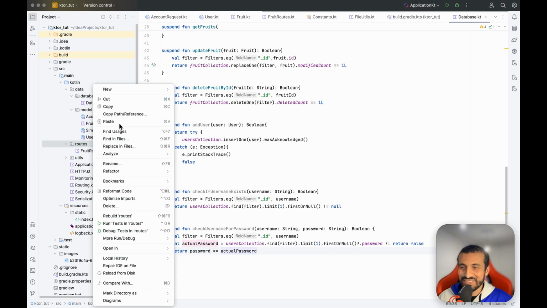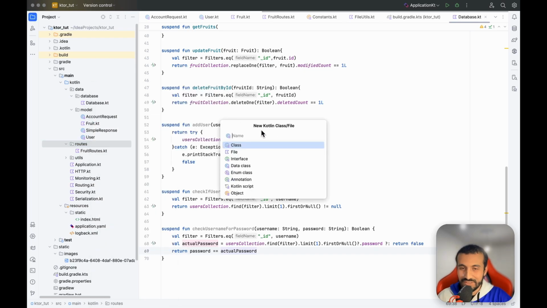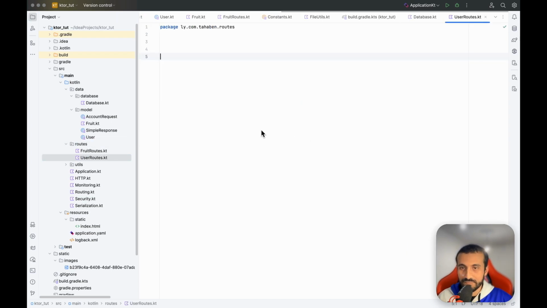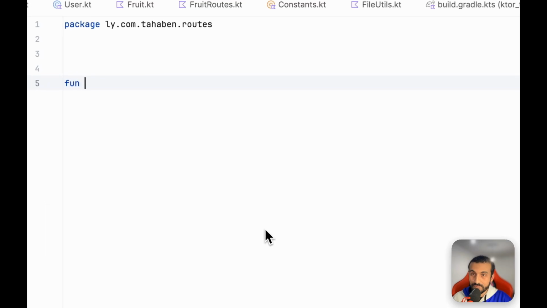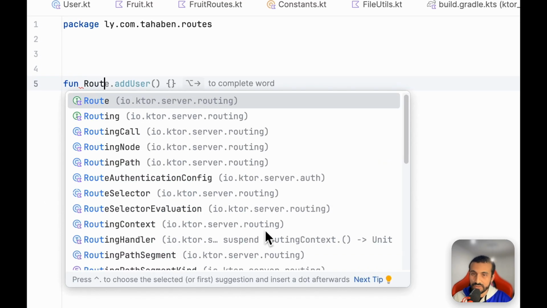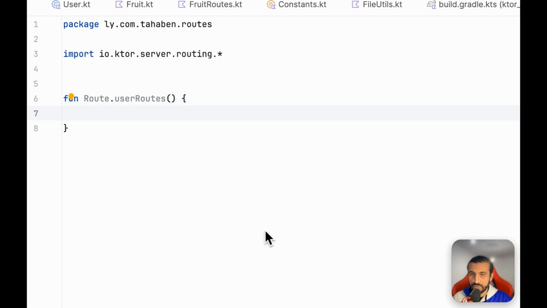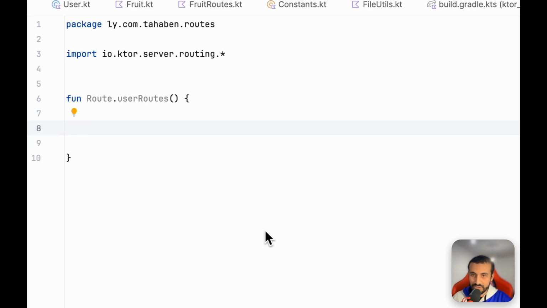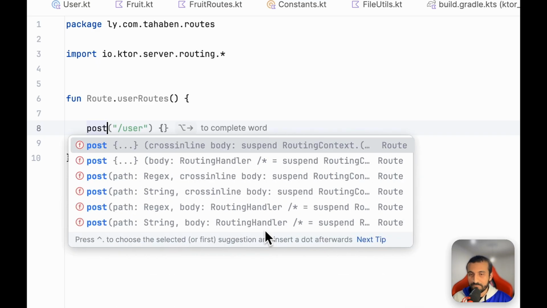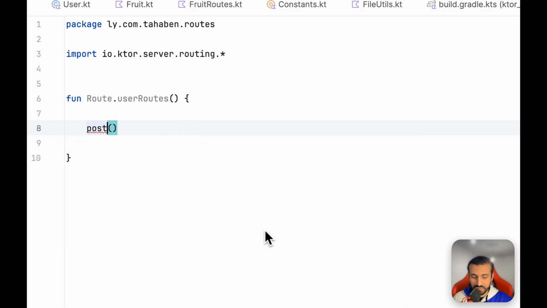So in the routes package, new file, let's name it user routes, and create a function here. Let's extend routes, so user routes, and let's create our routes here. Our first route, first we need users to register, so this is going to be a post request, so /register,